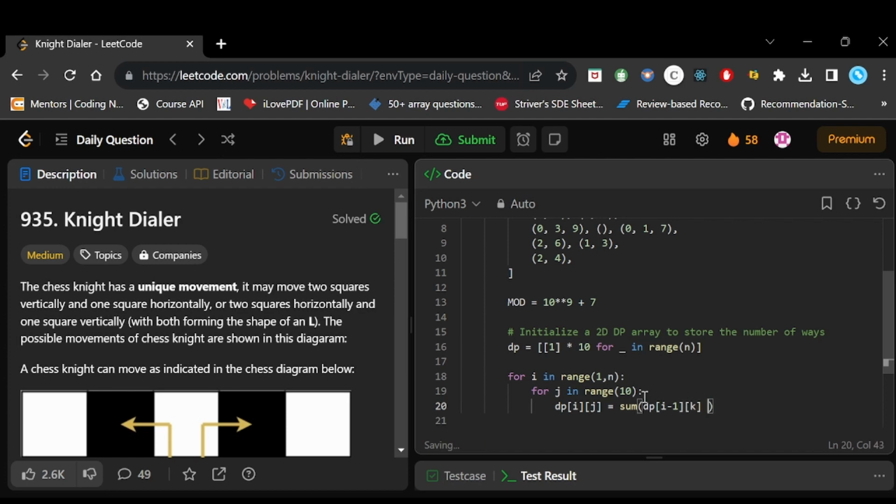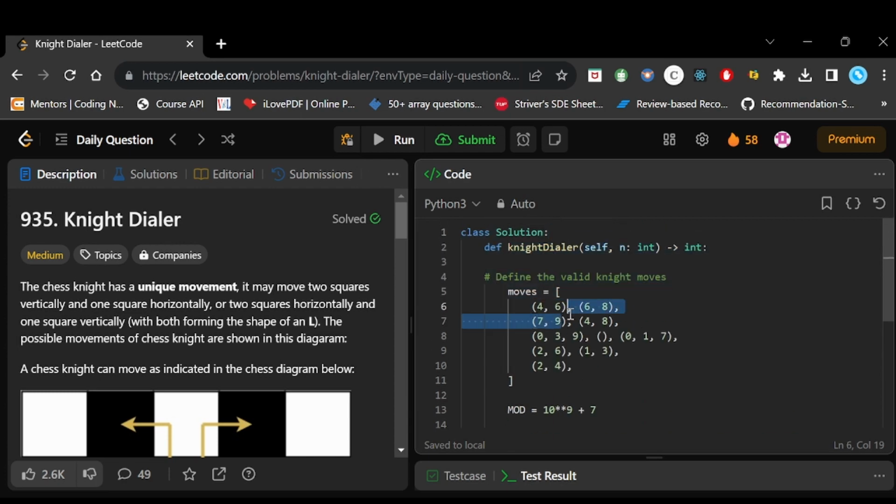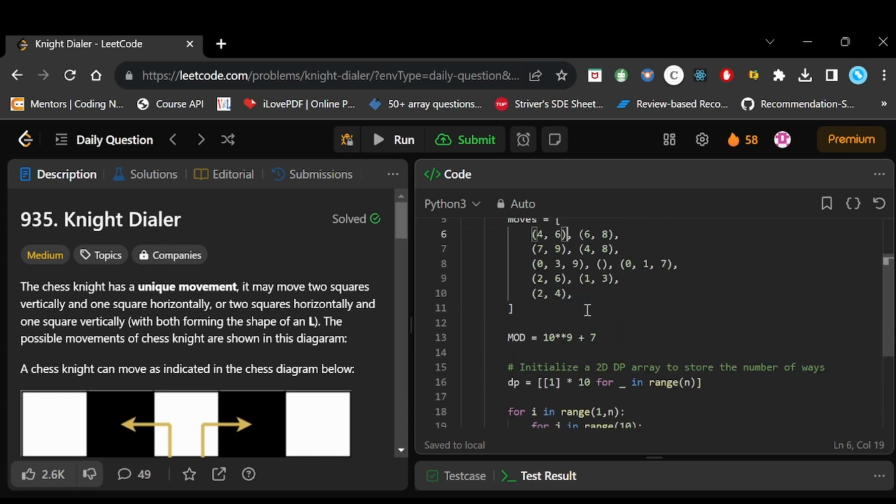Now what is k here? We will have k declared here, for k in moves of j. If we expand it properly, we have the given moves here. If we are on the 0th index, we need to get all the possible values, right?